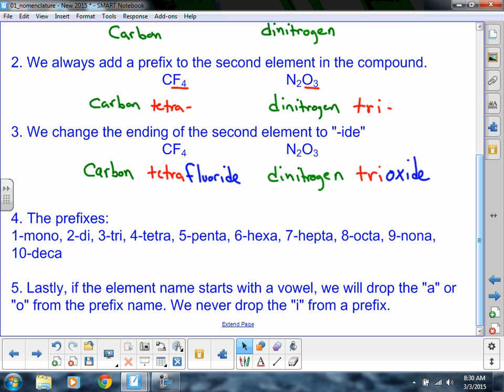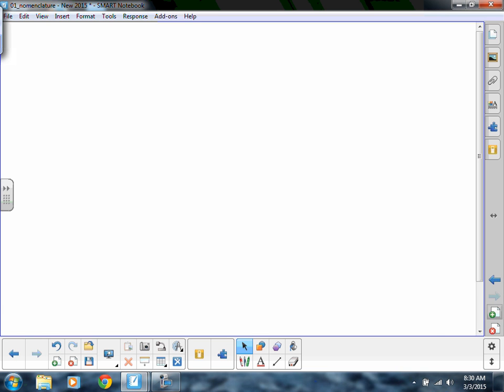Or if we had 4 oxygens, we wouldn't say tetraoxide, it would be tetroxide. So we drop the A from the prefix name. We'll do a couple of examples here quick. So let's try this one here,